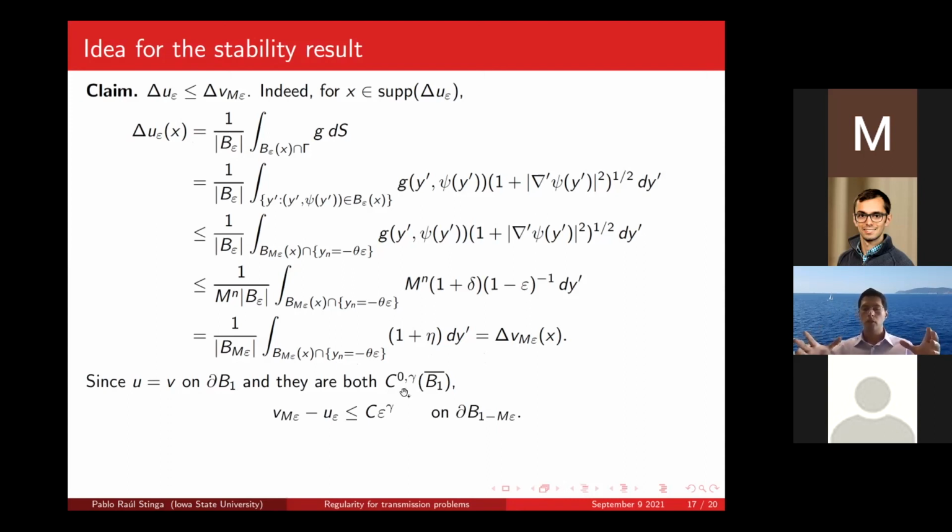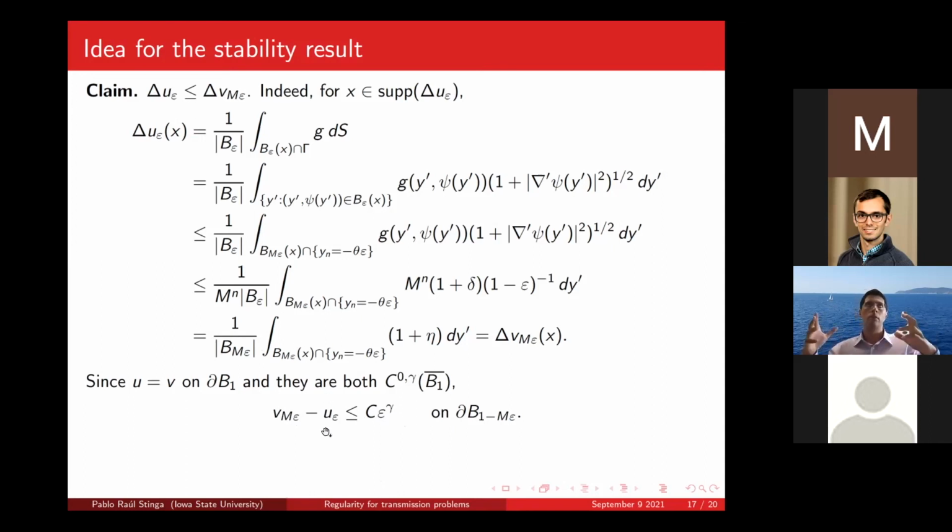So if you get a little bit inside, by epsilon from the boundary, the difference U minus V will be of the order epsilon to the gamma. But also the averages will be of the order of epsilon to the gamma. You can check. So what happened with the averages? Their Laplacians are ordered in the interior, and on the boundary, they are also ordered, right? Because V is less than U epsilon plus constant epsilon to the gamma, and the Laplacian of that is the Laplacian of U epsilon, right?